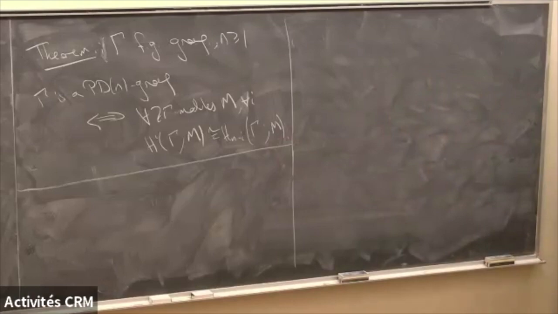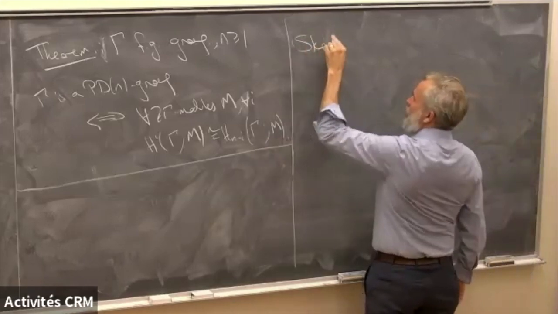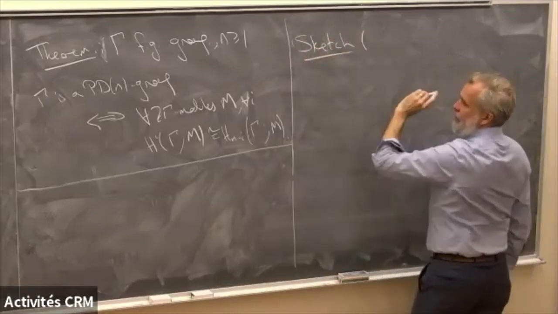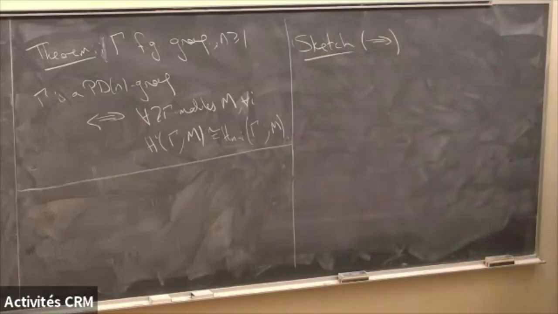Yeah. I was going to sketch this. I think I have time. Actually, I'm going to sketch this direction. The other direction is not much harder, but I assigned it as a homework question. I don't know if that's reasonable. I don't care if you do the homework. It's a nice exercise. It's not very hard. But if you don't want to do it, I'm not going to force you. We're not going to do a lot of homological algebra after the next board of work.